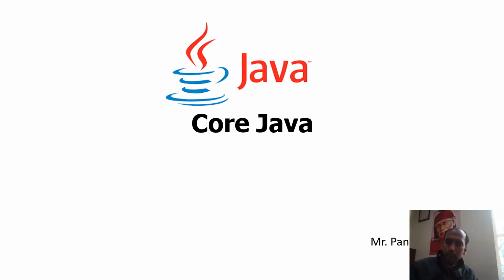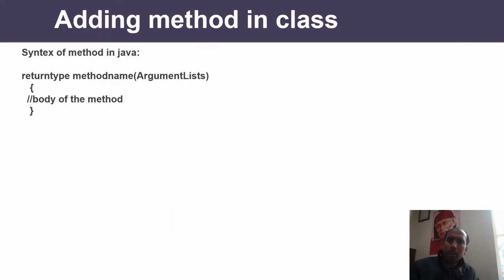Now, how to create? Till now we have just created the main method inside the class. Now we need to learn how to create more methods in Java. And you all know that Java is a pure object-oriented programming language, so whatever we define, we have to do everything inside the class only. So how to create a method inside a class? I believe every one of you knows the syntax of a method: return type, method name, and if the method receives arguments, you define the arguments, and then the body of the method. That is the syntax of creating a method in Java.